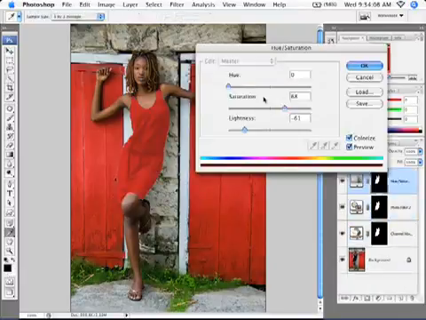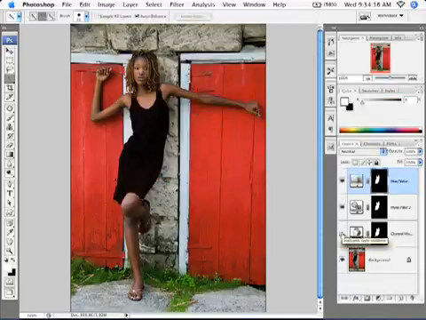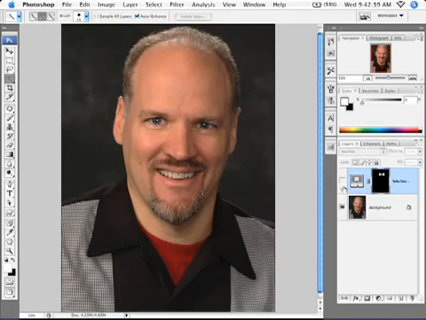Of course because this is an adjustment layer I can always go back and edit it, but I found that alone worked pretty darn well. Now I need to add one more thing. I don't need to,